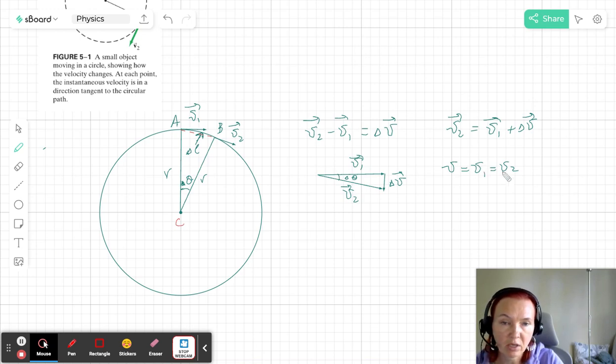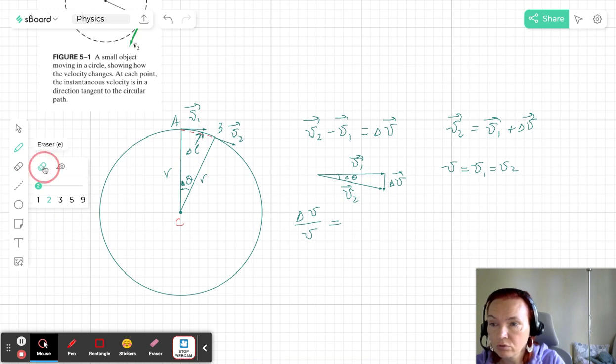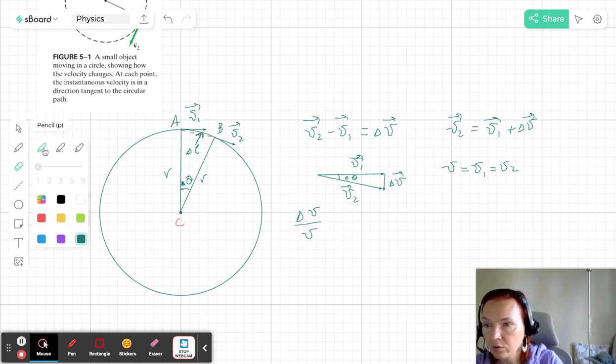V1 and V2 have the same magnitude, so V, and then I have my angle delta theta, right? So these two triangles are similar, which means that from similarity, I can say that delta V over V, so delta V is the magnitude of this side, over V, the magnitude of this side, has to be equal to delta L. So technically it's going to be the length of this segment here of the chord AB, but it's becoming very close to the length of the chord. So I can say approximately equals